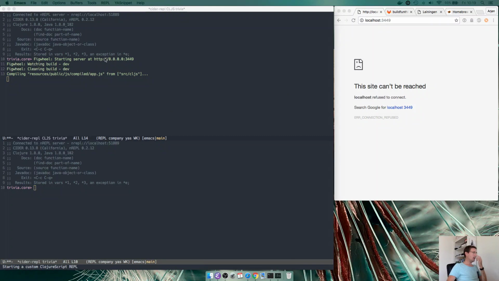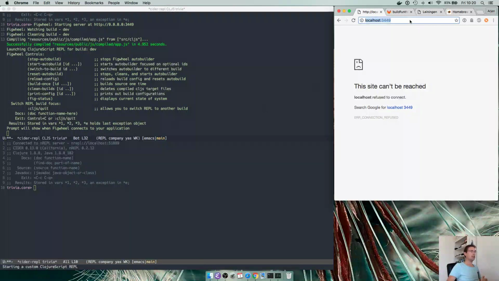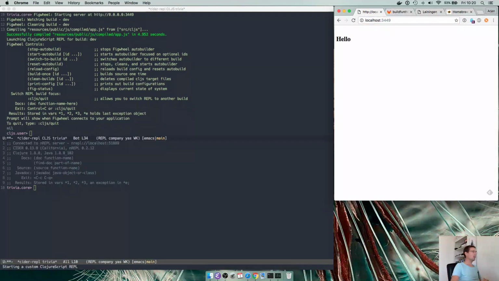So what we see here now, it started the REPL. It's watching the build dev, clean build dev, compiling into the app.js. It compiled it. There is an auto build going, and the prompt will show when Figwheel connects to your application. Well, since it is running, we should be able to just load it up. It says hello, and now you see that Figwheel hands back control to the REPL, but it is REPLed